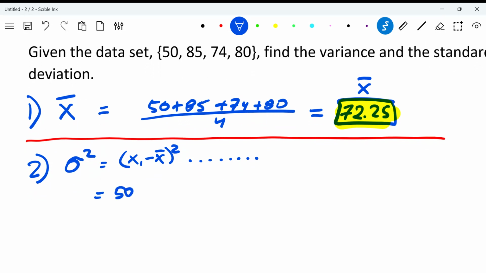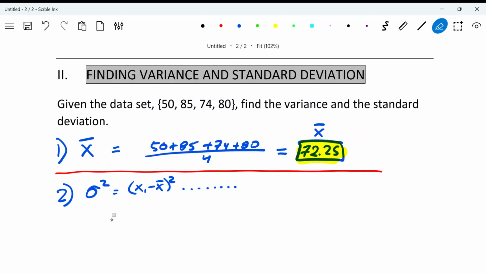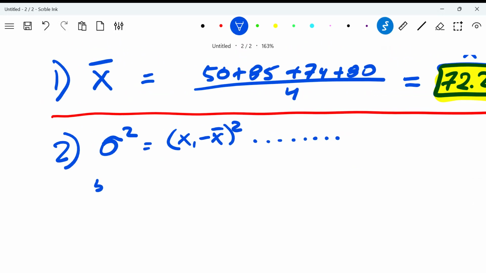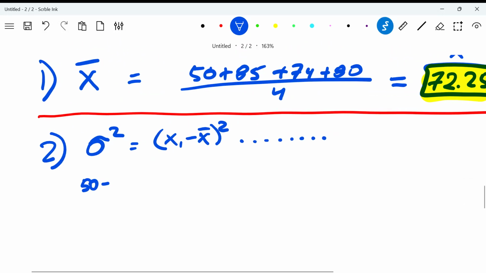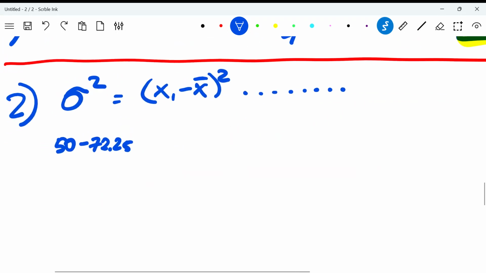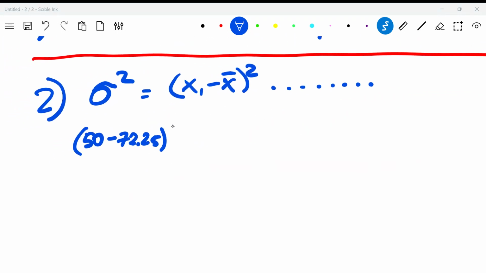So it's 50 minus 72.25. I am going to do that so I can fit it all in one line, which means I'm going to come here and start over here. So it's 50 minus 72.25 squared